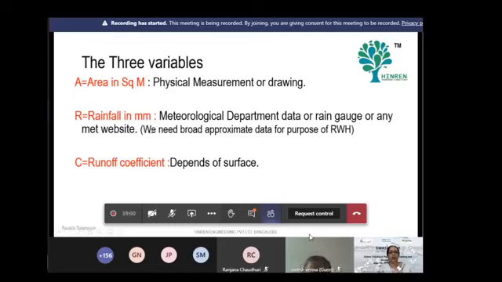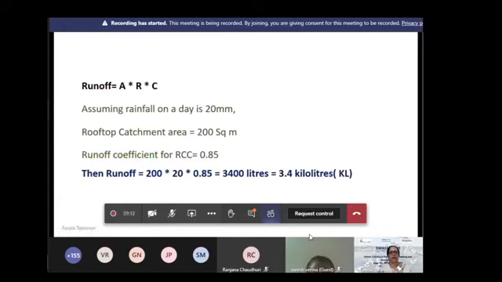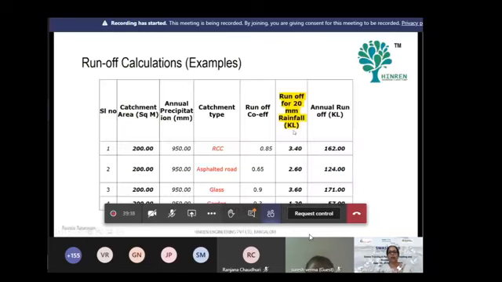If you are calculating in liters, you don't have to do any conversion here. So you can just take this in square meter, this in millimeter, and this as per the table depending on the surface area. And a lot of you had doubt about the 20 millimeter which was there in the table. So please understand, this is only indicative. You don't have to per se.